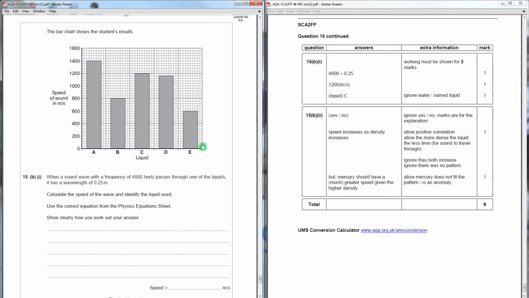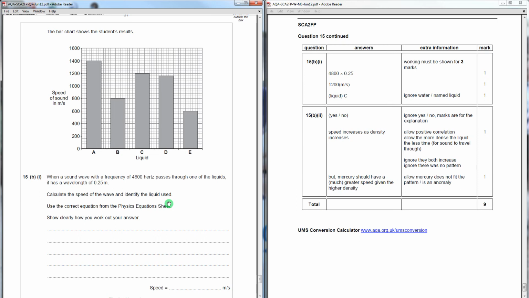So, 5 unknown liquids, and the first thing it asks you to do is a calculation here. It gives you the information. You should be looking here and underlining the keywords, right? So you should underline frequency, you should underline wavelength. Calculate the wave speed, and it says use the correct equation from the physics equation sheet. There is a physics equation sheet in your booklet, okay, and pretty much always